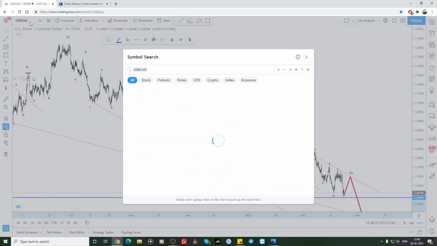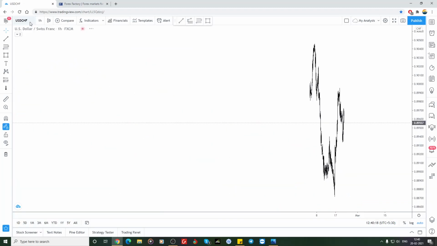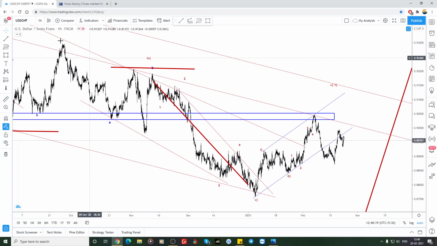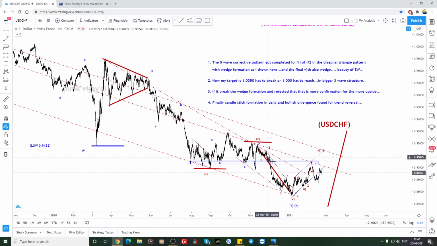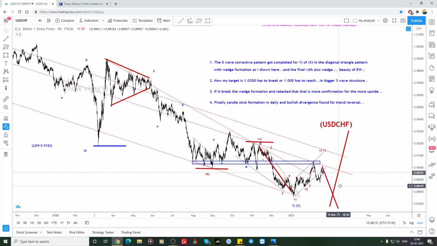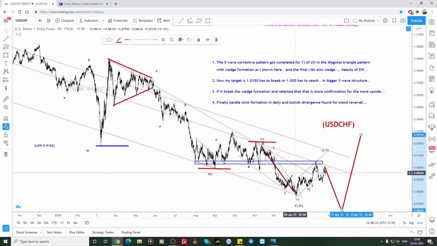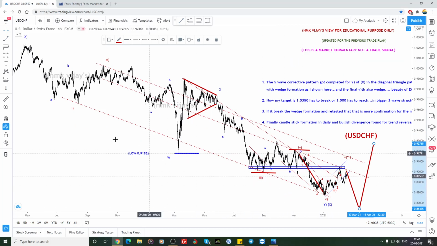So next we will move on to USD CHF. USD CHF is also the same. I said if this 5 wave is the A, this is the B. B may see one more down, and then again it has to show. It is going to happen. So in this way, what I have to do here also,